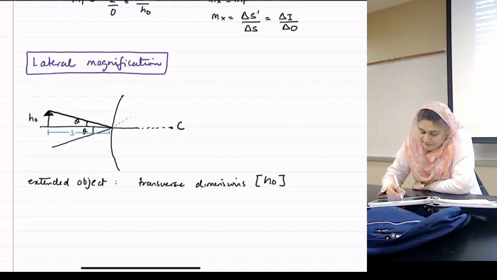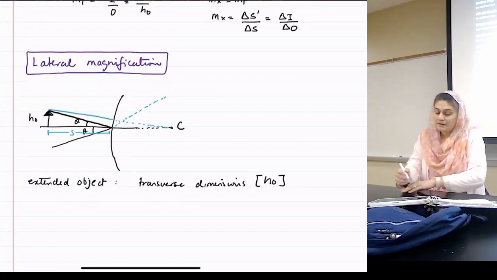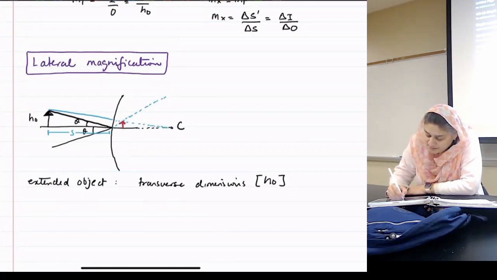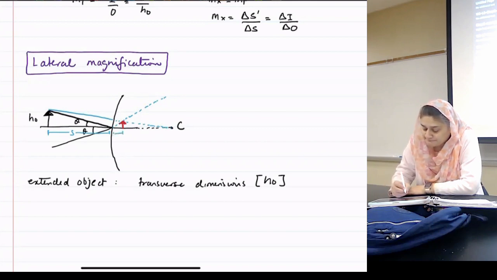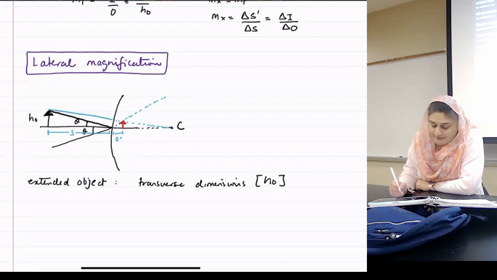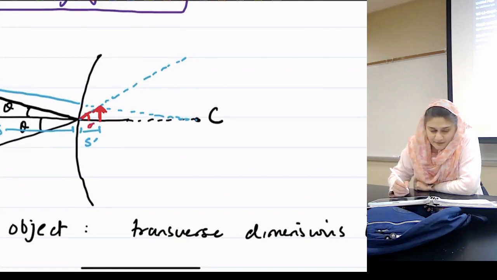can I extend this one backwards? Can I also have another ray that comes through here and goes through my center of curvature? So that means my image will be formed here. Let me call this distance S prime. If I call this angle alpha, that angle alpha,